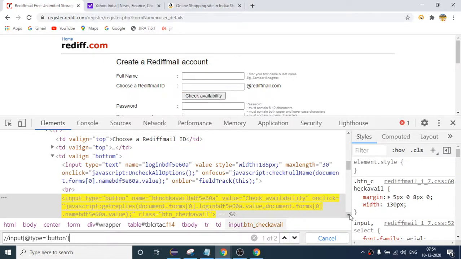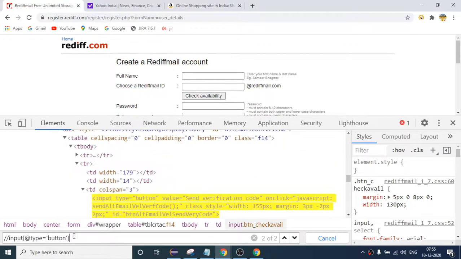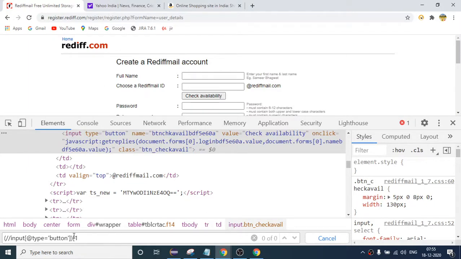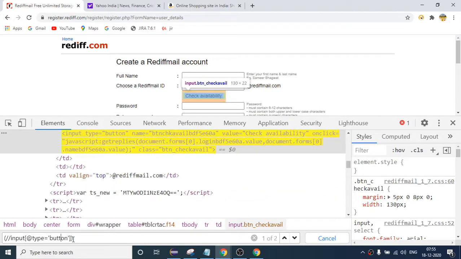As this is an XPath, you can also do it like this. I am getting two elements, the first one is this and the second one is this. So two elements in total, but I want to go to only the first one. As this is a relative XPath, I can also do like this, after that I can say one, and it will only identify the first element, and if you say two, it will only identify the second element. So this is also one way to identify a unique element. Let us go with this one as of now. You can try that afterwards.